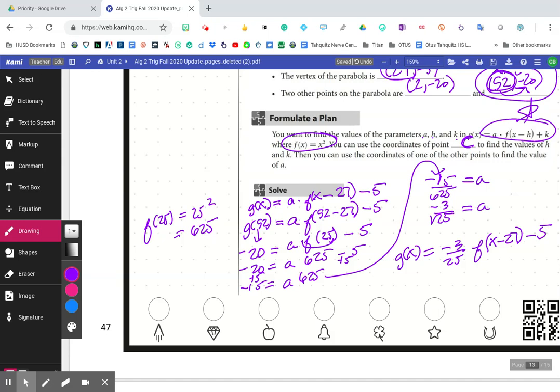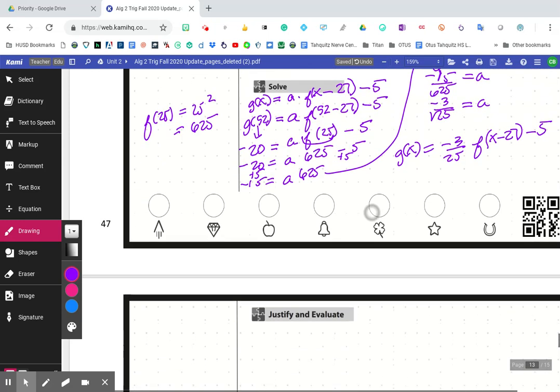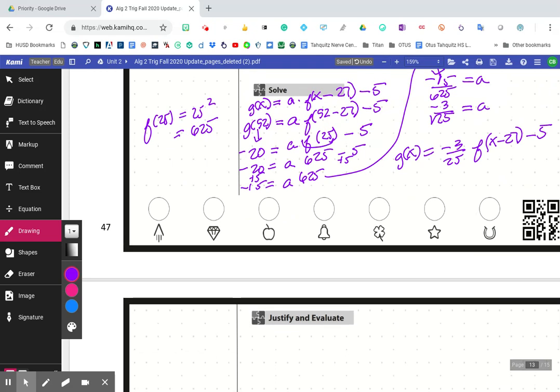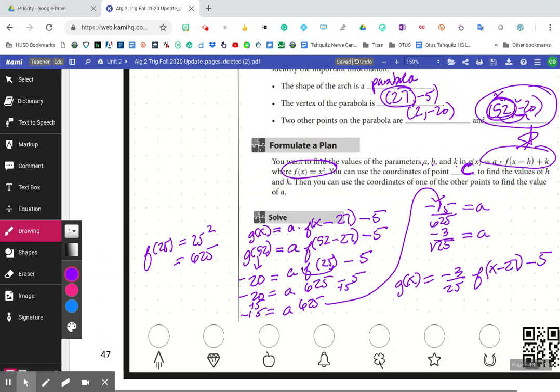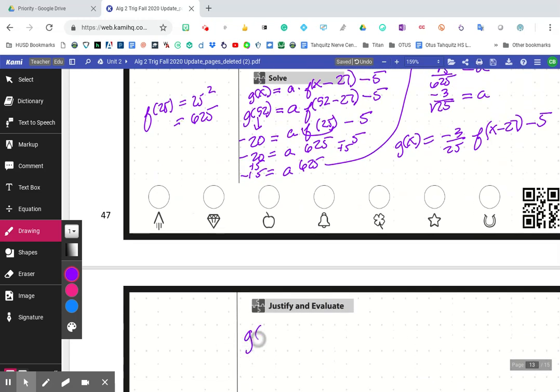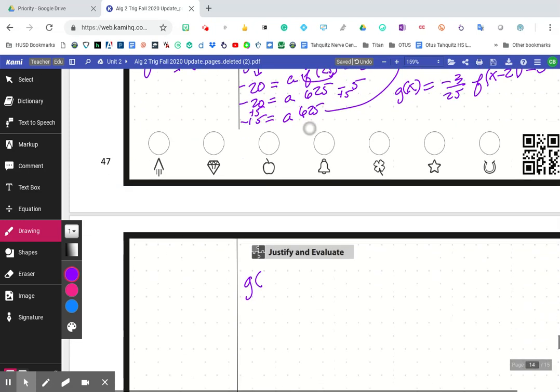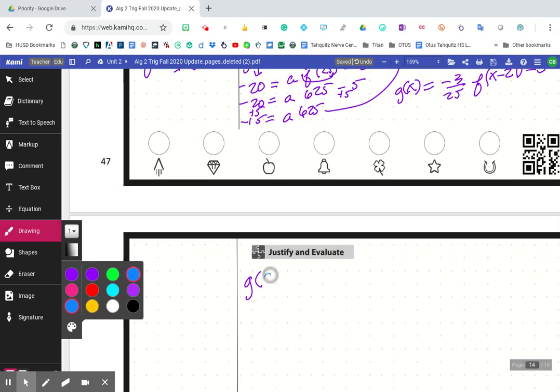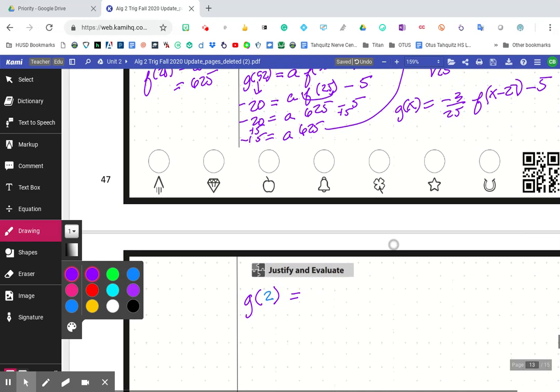Now, we're supposed to check our answer. This is kind of, for me, an up to you thing, but the book may force you to do it when you're doing the homework problems. I had 2 points, so I'm going to use this second point to plug in. Okay, so I'm going to do g of 2 is what I'm substituting in. So I'm substituting a 2 into this function. So g of 2 equals negative 3 over 25 f of, and I'm going to plug in the 2,